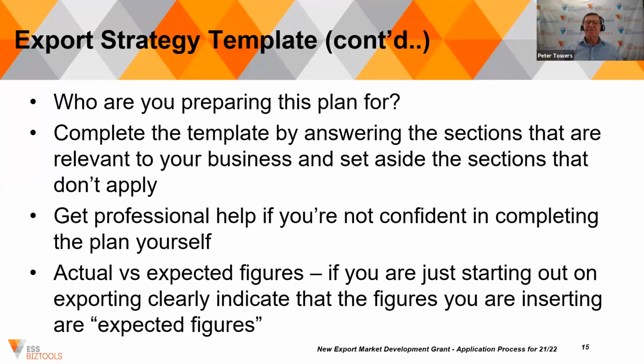Get professional help if you're not confident. There are export experts around Australia. There are forwarding agents. There are customs agents. There are people who have a lot of knowledge on exporting. There are some people who've worked for major exporters that might be available as consultants to assist in a clear